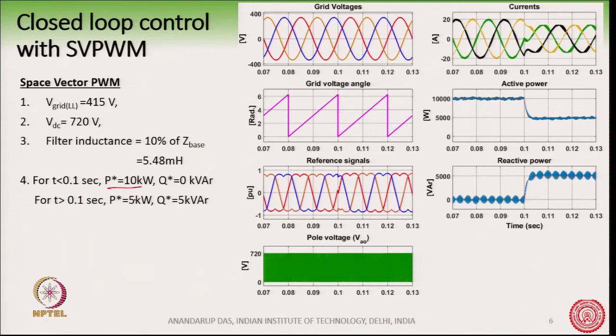So, you see P star and Q star are kept the same as before. So, you get here these values as per whatever has been commanded. The only difference that comes up is the reference signal here, because now you have some extra margin. That means this DC bus voltage is more than sufficient.